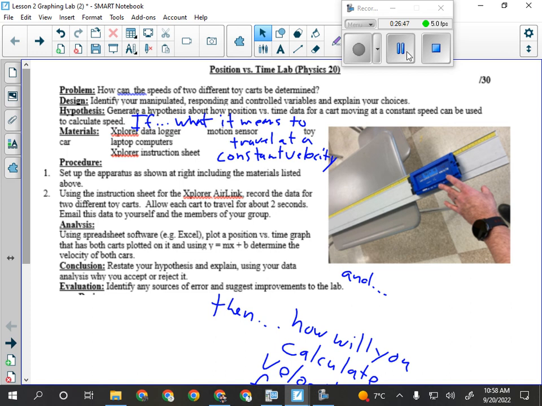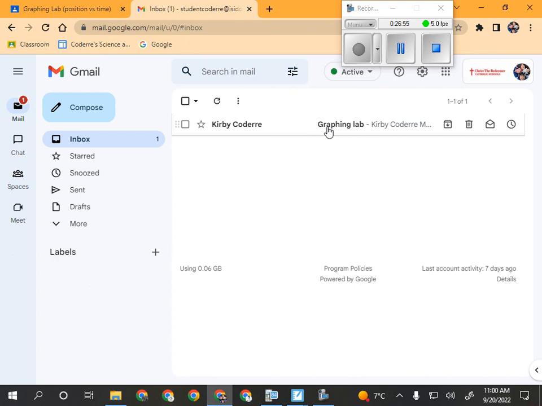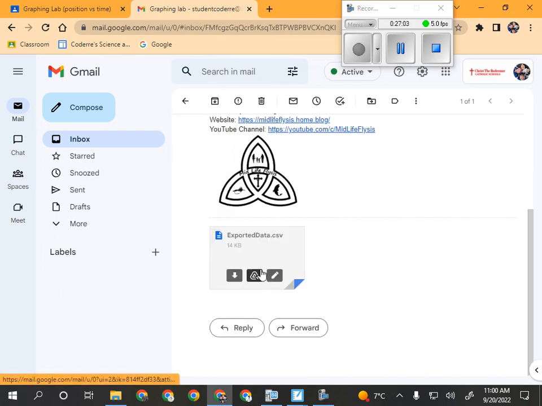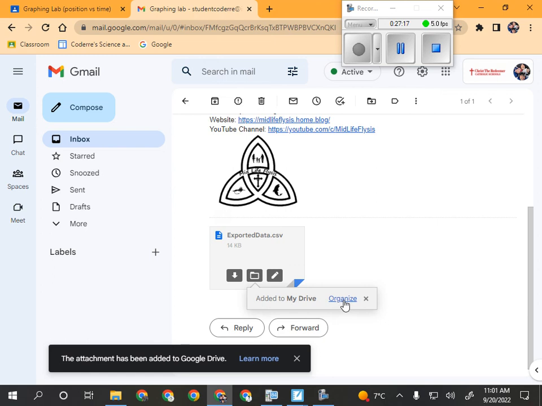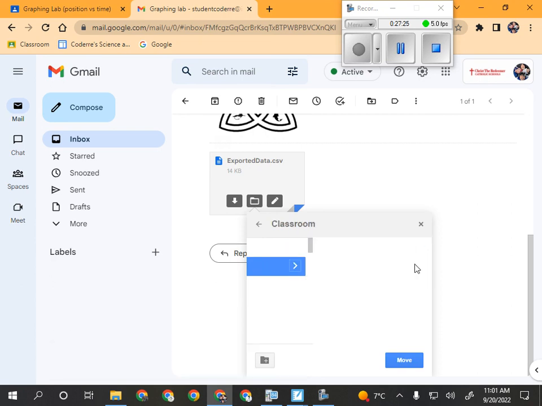That's pretty good. All right, once the file has been emailed to everybody, obviously then you go to your school email, okay? And I can see that I've sent my data to myself. If I open that up, I'm going to see this exported data, .csv. I want to add that to my drive. Then it'll say organized, so you've got to make sure it went to the right place. So I would say like classroom, and then,